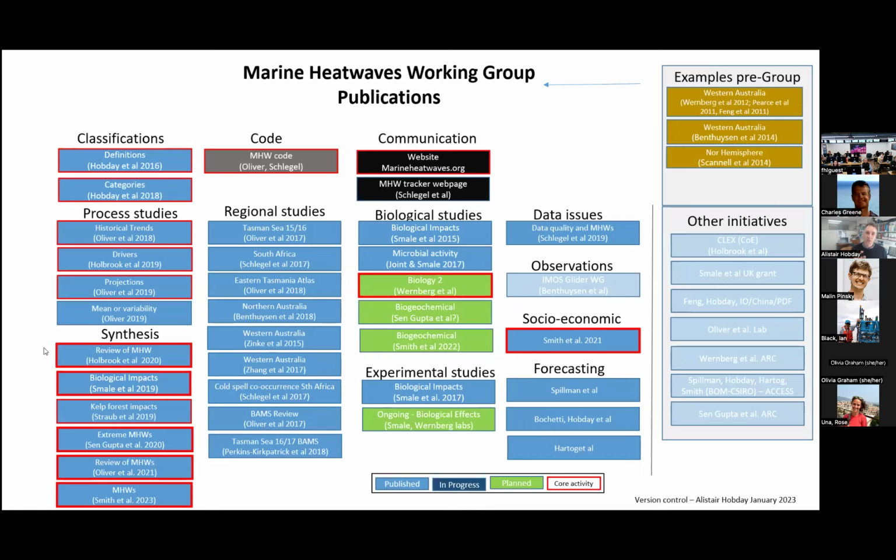And I suggest that during the week of the conference, class, that you're doing something like this with your reading. You know, Chuck's put a bunch of PDFs into the file that you're looking at, and they actually represent different elements of what marine heat waves publications work on. And so this was an example I used to keep track of the work my group was doing. On the left-hand side, we have a couple of publications that talk about classification of marine heat waves. Moving to the right, there's a publication that describes the code use. Moving on the left-hand side, then there are a range of process studies that talk about how marine heat waves evolve.